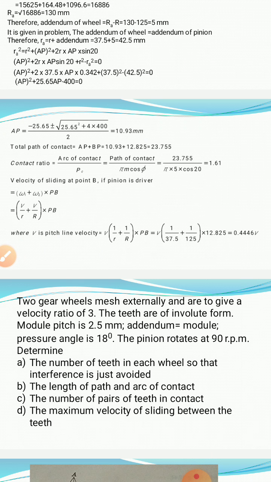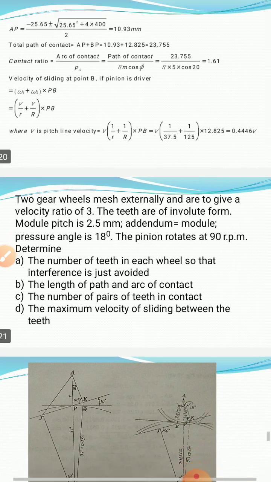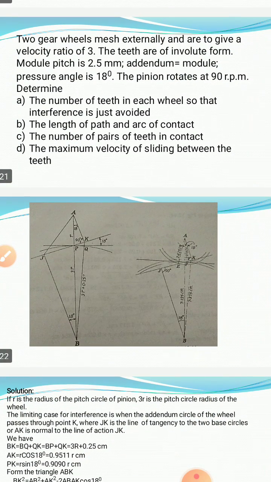In this example, suppose the number of teeth by calculation comes as 18.27. Now in this case, we cannot consider the number of teeth as 18.27, as the number of teeth are whole numbers. So that number of teeth we now consider as 19 teeth. Now with this consideration of the whole number of teeth,